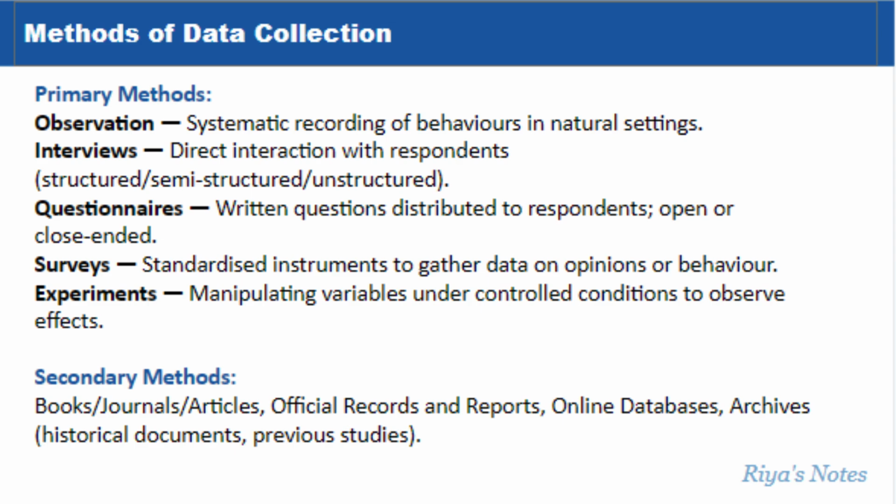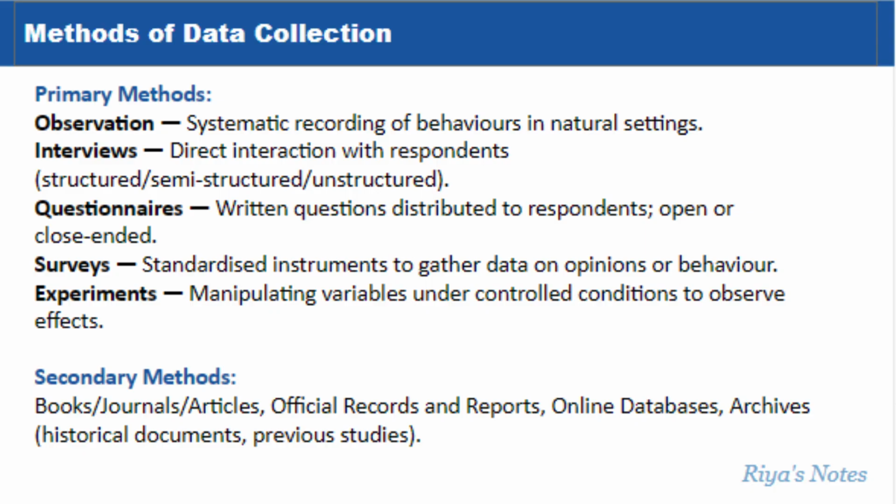Observation, meaning. Observation is a systematic method of data collection by directly watching, listening to, and recording behaviors, events, or phenomena as they naturally occur. It enables researchers to collect data without asking questions. The word observation means carefully watching and noting something. In research, it means scientifically recording what actually happens in a setting.